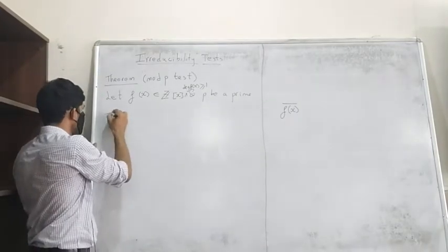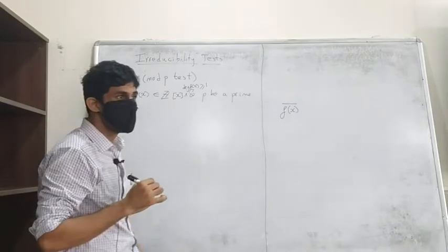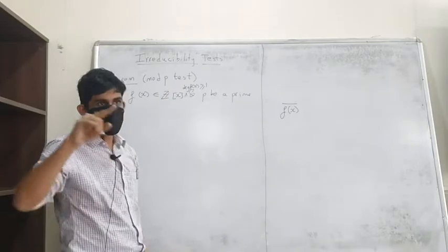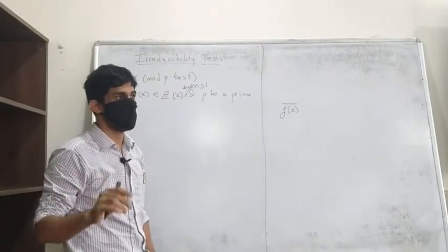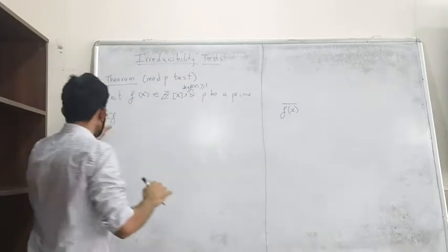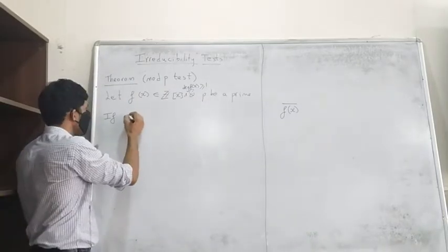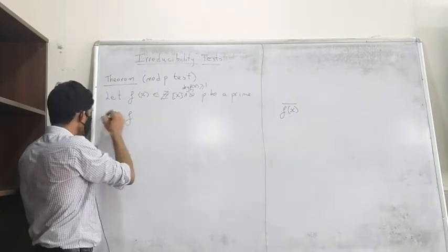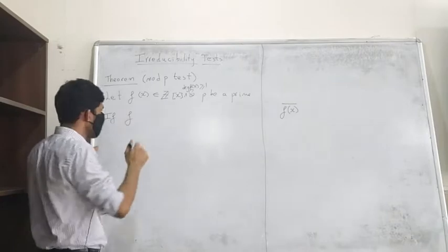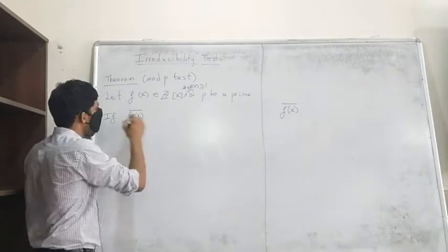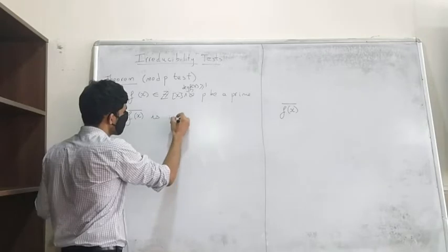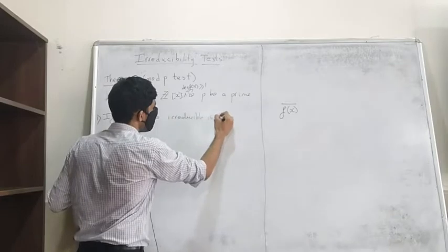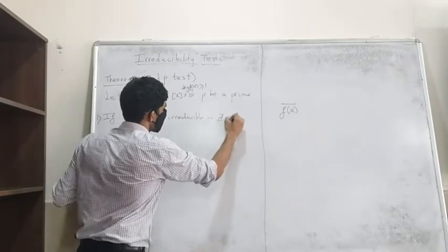If so, there are two conditions which need to be satisfied. Again, I'm not writing what this is. This is the polynomial attained from f by reducing each of the coefficients down modulo p. In the notes it's written, but I'm not writing it here. There are two conditions that you need to check. One is if f(x) bar is irreducible in Z_p[x],